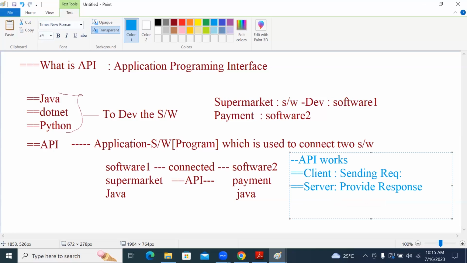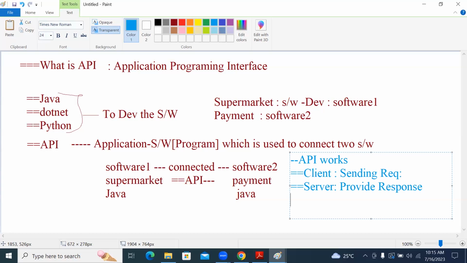So the client is sending the request, and the server provides the response. That is how an API works. So an API mainly works with two terminologies: one is the client and one is the server.